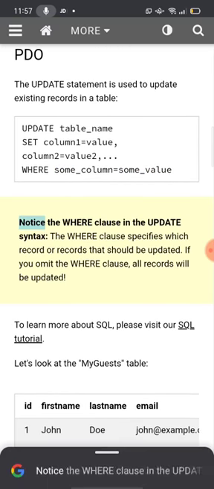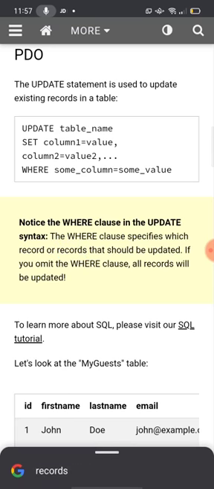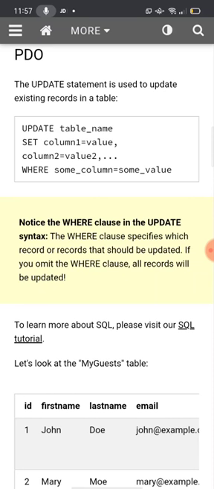Notice the WHERE clause in the UPDATE statement: the WHERE clause specifies which record or records should be updated. If you omit the WHERE clause, all records will be updated.